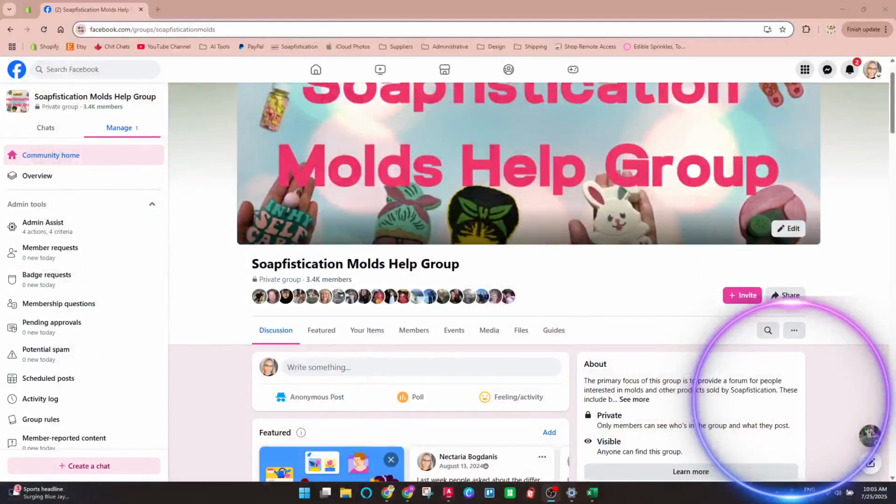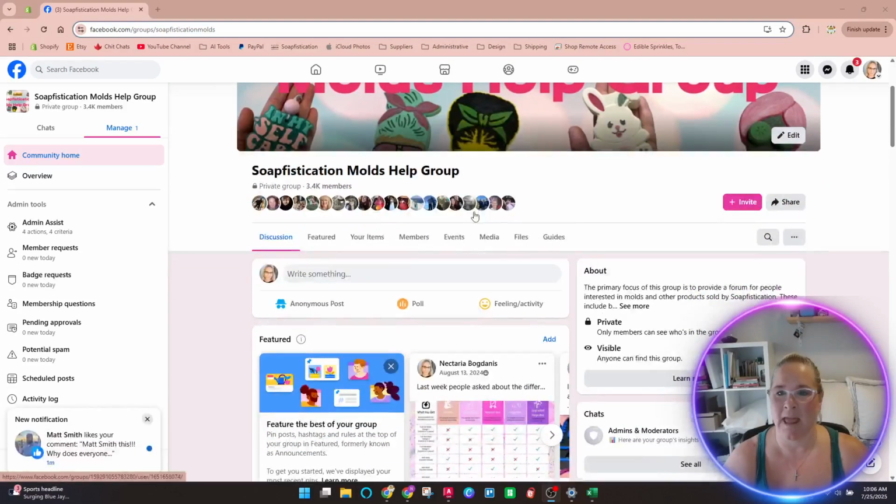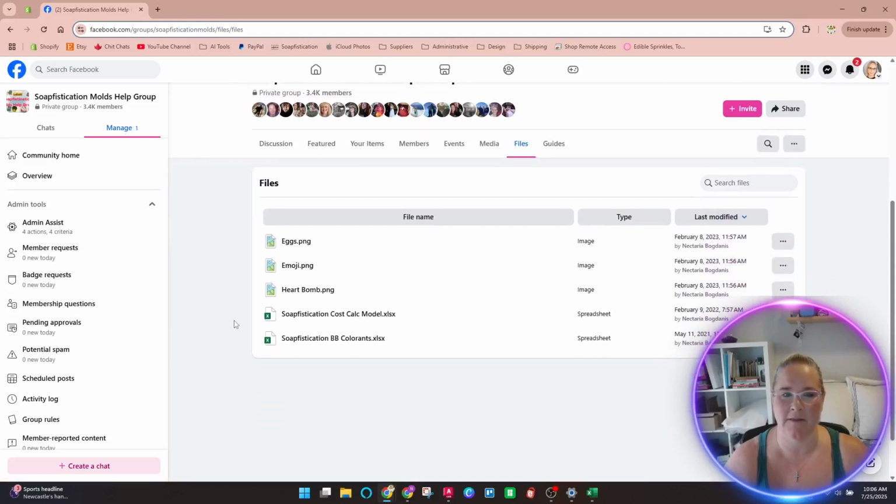Okay, so let me switch to a view so you can see my desktop. But then hopefully you still see me. Okay, so this is my group, and if you go up here into the files section, that's where this file is, the Soapfistication cost calc model.